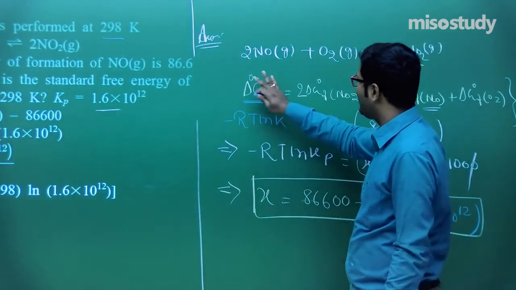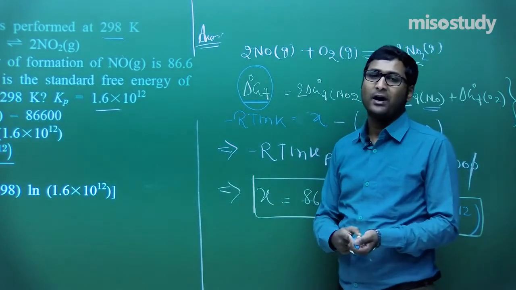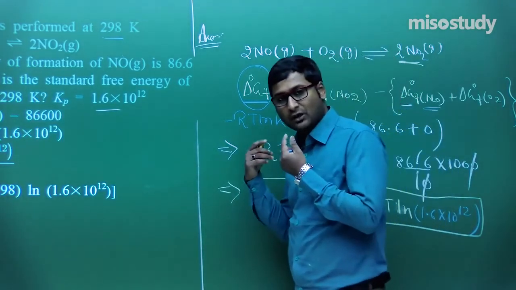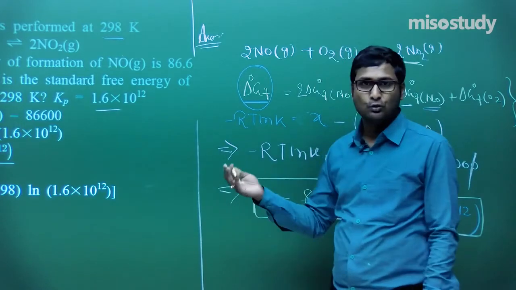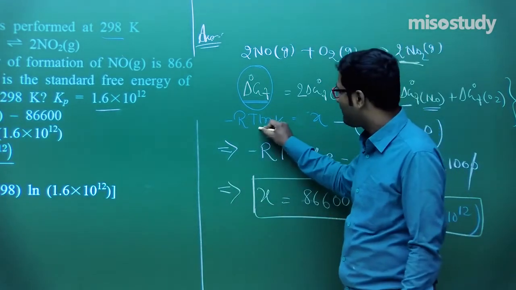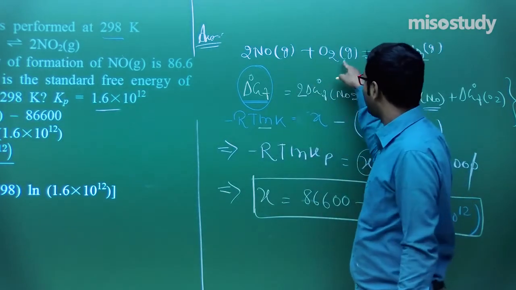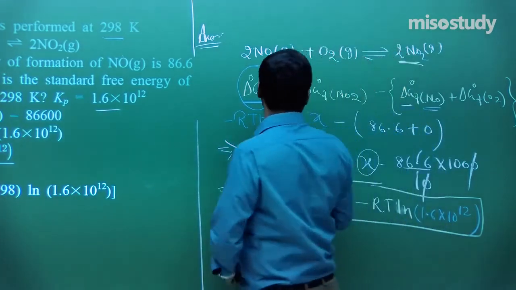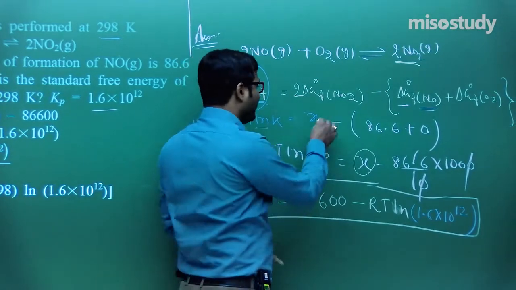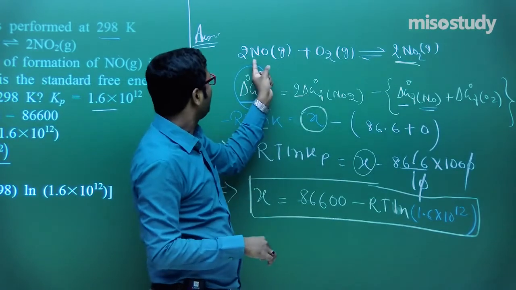Nothing special in this case. As we know, delta G is equal to minus 2.303 RT log K. In terms of Kc, it can be written as minus 2.303 RT log Kc or log Kp. In terms of ln, it can be written like this, minus RT ln K, and this is the expression. So, for this expression, delta GF is equal to 2 moles here, delta G formation of NO2, which we treat as a value of X, minus 2 moles.